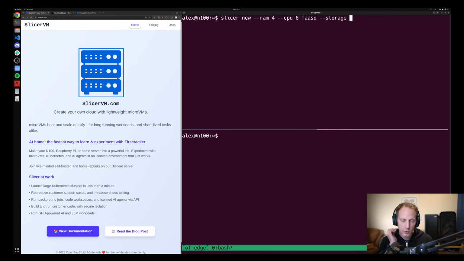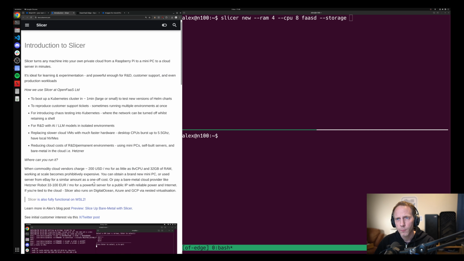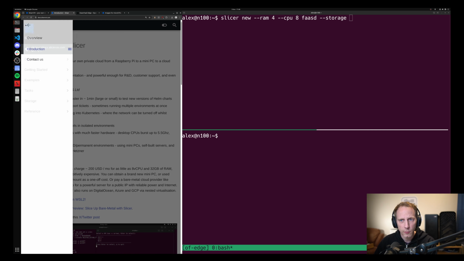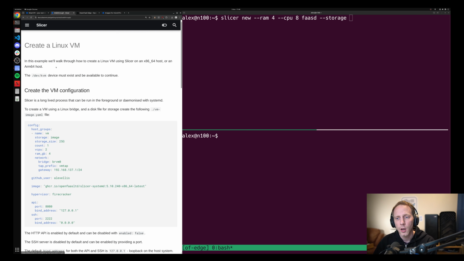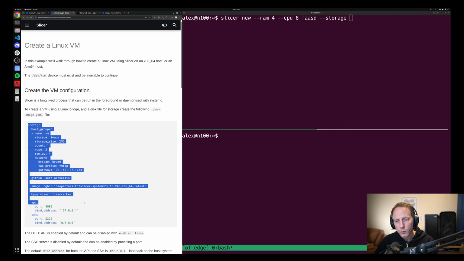Now, if you've ever tried to do this on your own, you'll find that many of the guides on Firecracker are out of date, they don't work, or people just haven't really thought about other people's needs beyond their own. With Slicer, we've sort of turned the tide with that. The main way we use it internally, at OpenFaaS, is for testing. However, there are so many things that you can do with it, but you can also think of it like a